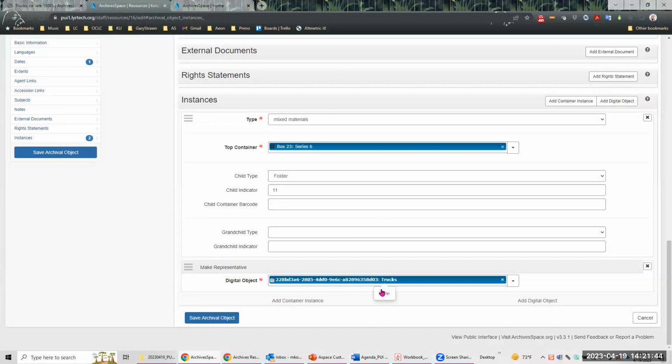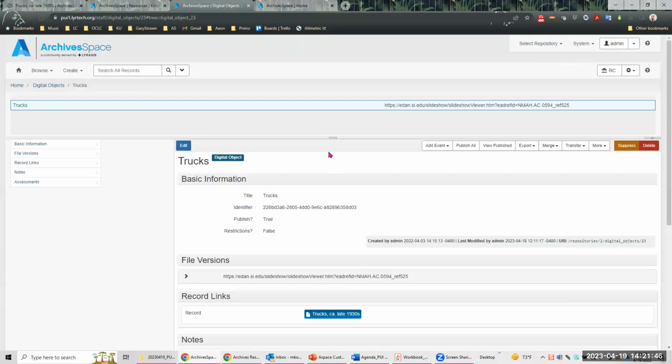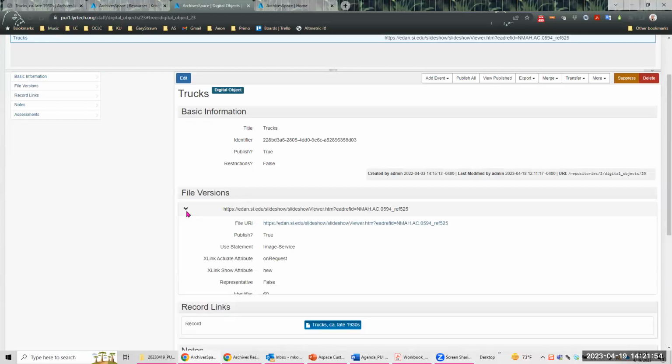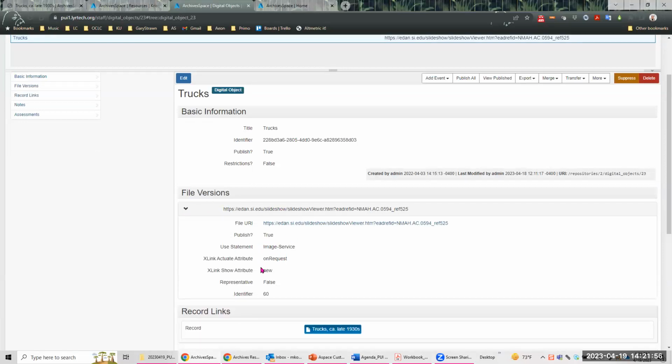If I go to the trucks digital objects record, here in the file version, you'll notice it says on request and it says new here. That is why it just has the icon. There's nothing here that says it's a thumbnail. And actually, due to how this digital object is served up, unless you created a separate thumbnail and put it somewhere,